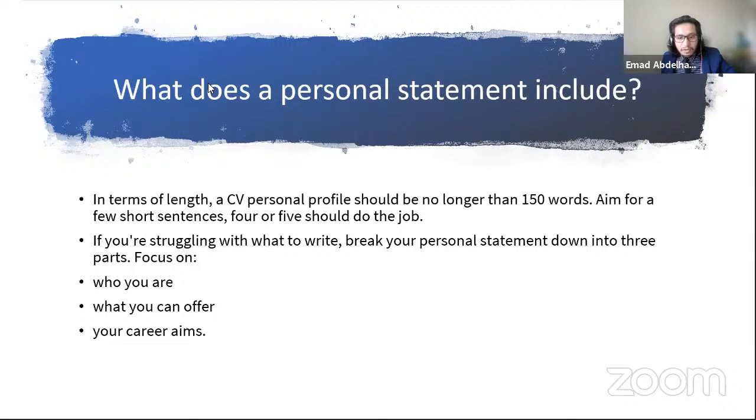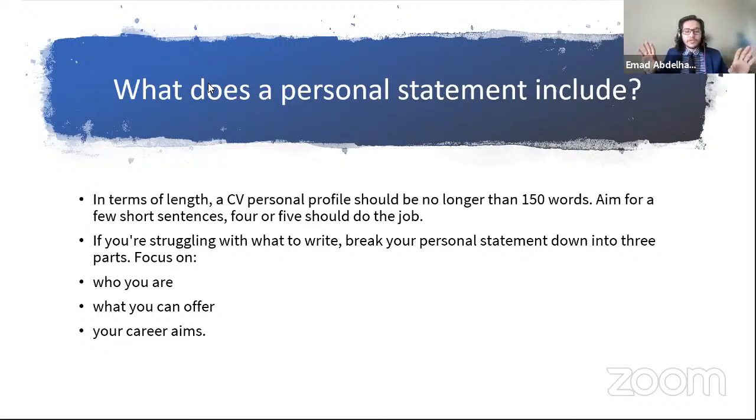Sophia Isa asks, where is the personal statement located in my CV? As I said, it should be at the top of your CV, perhaps under your name and contact details. Obviously, everyone has a different CV, but the personal statement should be at the beginning, so that when the employer looks at your CV, they see your name and then they see who you are in that personal statement. And it's a short paragraph,